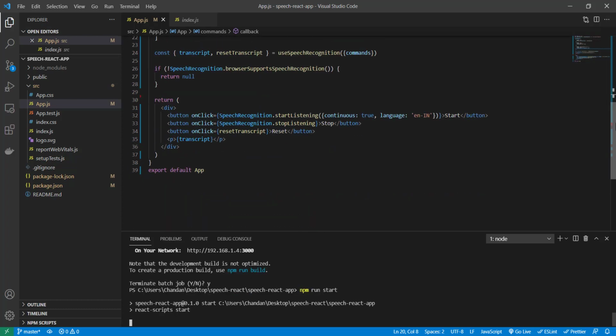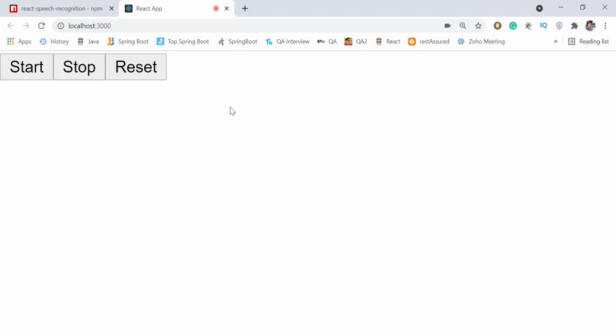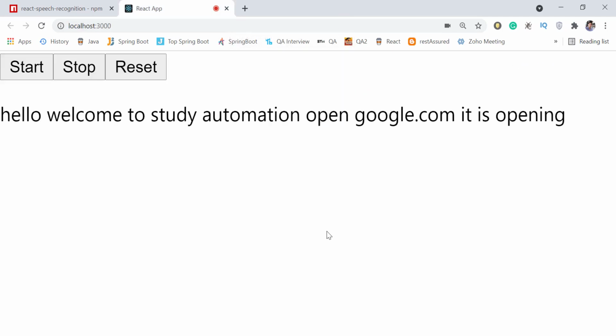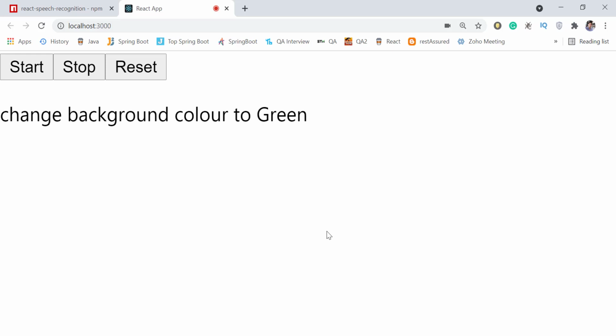You can see everything is the same. I am just adding a feature of command, and then we can try. Hello, welcome to Study Automation. Open google.com. Right, it is opening. Clear, reset, change background color to green.